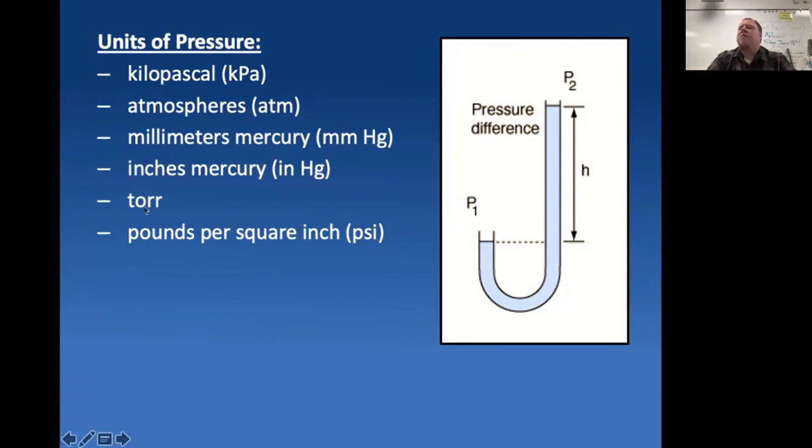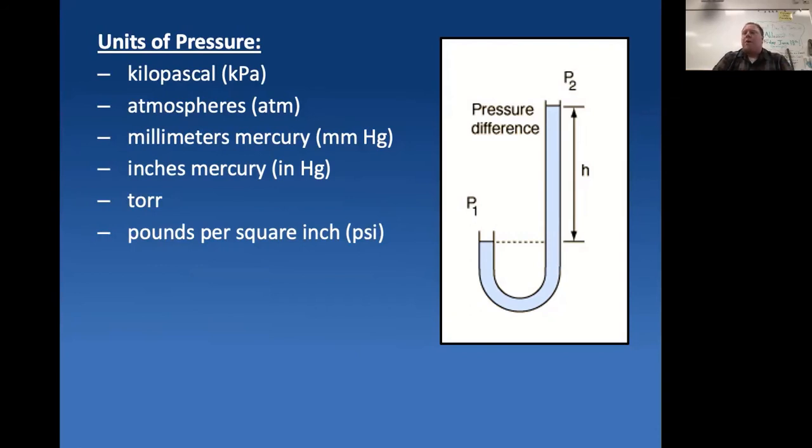And the last one here is torr. Now, torr, side note here, stands for Torricelli, the guy with the bouncing hair who invented the barometer in the little video we just watched. Torricelli is the guy who invented the barometer, and he was measuring how high the mercury actually went up the tube. He was measuring in millimeters, but he decided to give that unit of how high it went a special name. So he named it after himself. He called it torr for Torricelli.